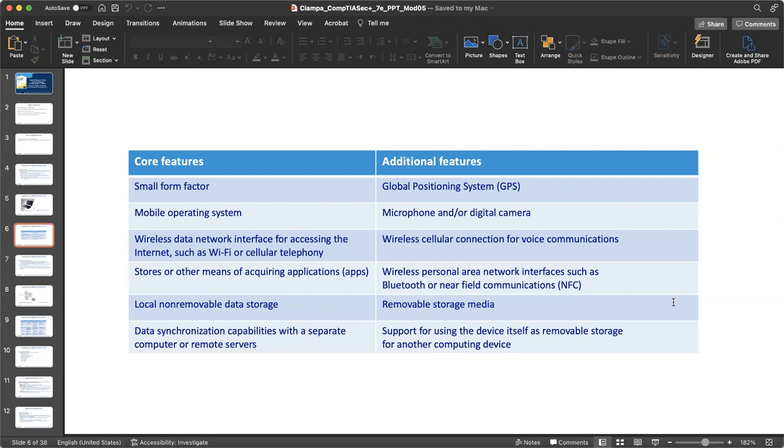Then there are data synchronization capabilities with separate computers or remote servers. Usually they have the ability to synchronize with your other devices. In the case of iOS, for example, if you have an iPhone and you have a MacBook, you know that you don't need to manually do anything. All the data that you have is being synchronized. Even these days, Apple has offered a specific interface that through that interface, you actually can go ahead and